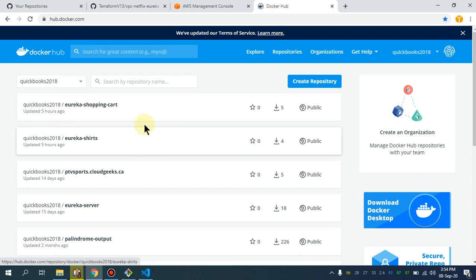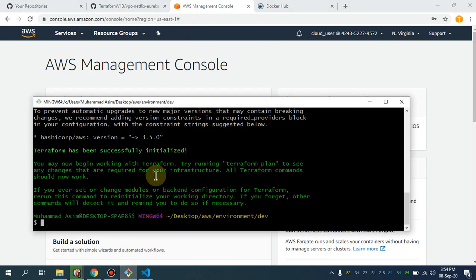As I told you, this demo is highly demanded, and it is requested by many users that we are unable to perform service discovery if our services are running on a different host. So this tutorial is not just applicable to AWS. You can use it on your local environment or any other cloud environment or any other server environment. So you just have to watch my video till the end. And as far as the automation is concerned, I have already provided you the bash scripts.